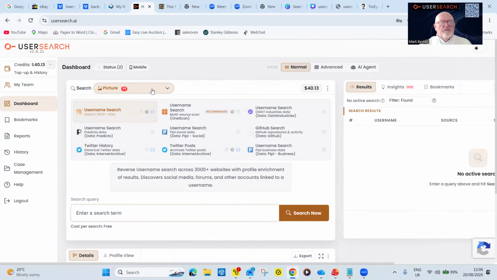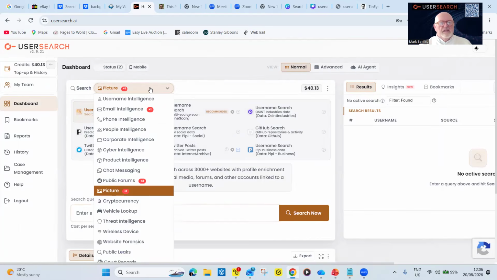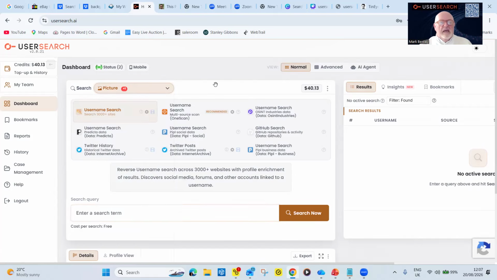Oh, by the way, those of you who've been following our series, you'll see here, can you see the little +3, +1 red boxes? That means that the devs at user search are adding new tools. They're adding new stuff all the time. In fact, they've added a new tool regarding Reddit and Telegram. I'm going to be doing a video on that, which will probably come out in September, of all the really cool tools to analyze Reddit and Telegram, which is really important.